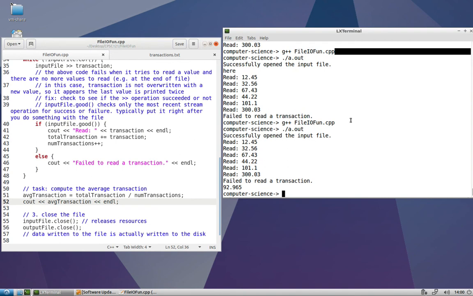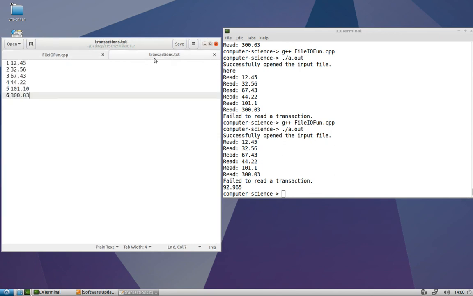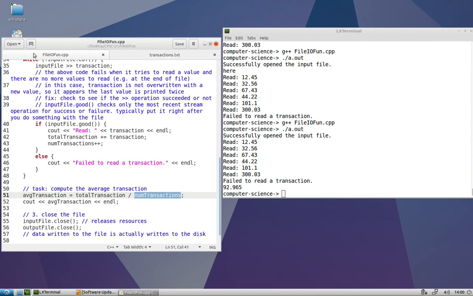All right, so I've got the average transaction computed based on the total transaction and the number of transactions. One thing I want to emphasize, you'll want to figure out the number of transactions by counting the number of transactions read in your while loop. Don't hard code it to whatever value you know to be here. Like, for example, I know that there are 6 values here. I don't want to hard code num transactions to be 6 because that doesn't make our code very versatile or